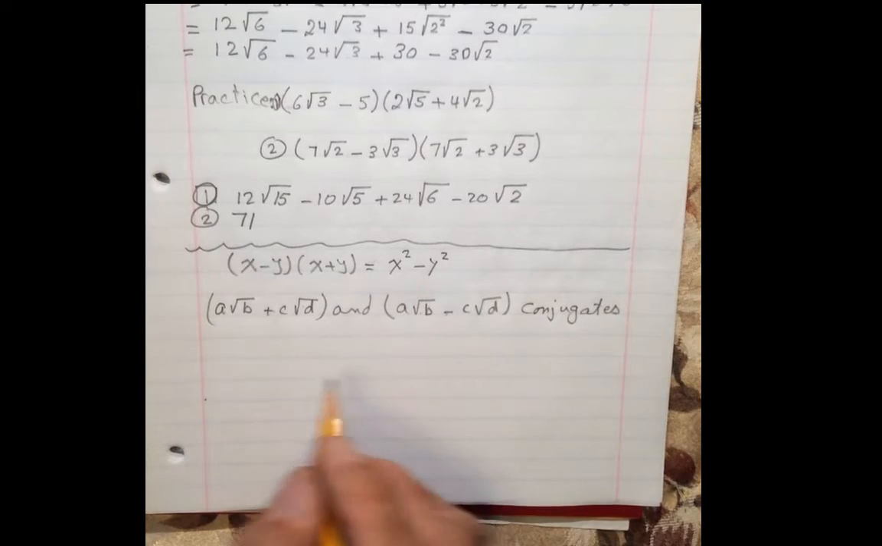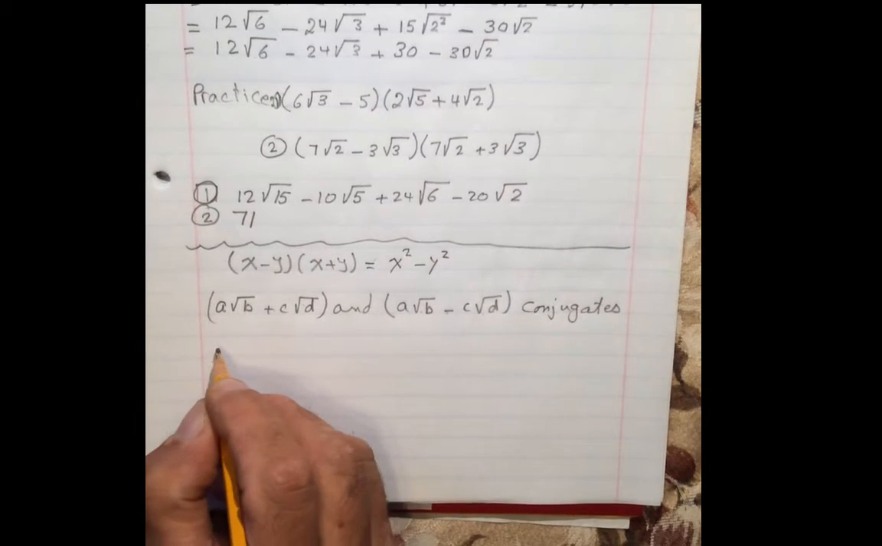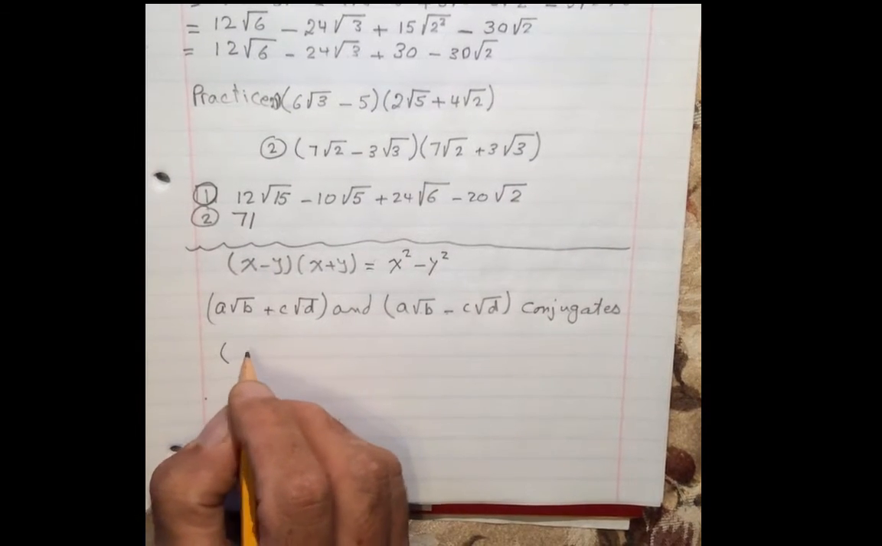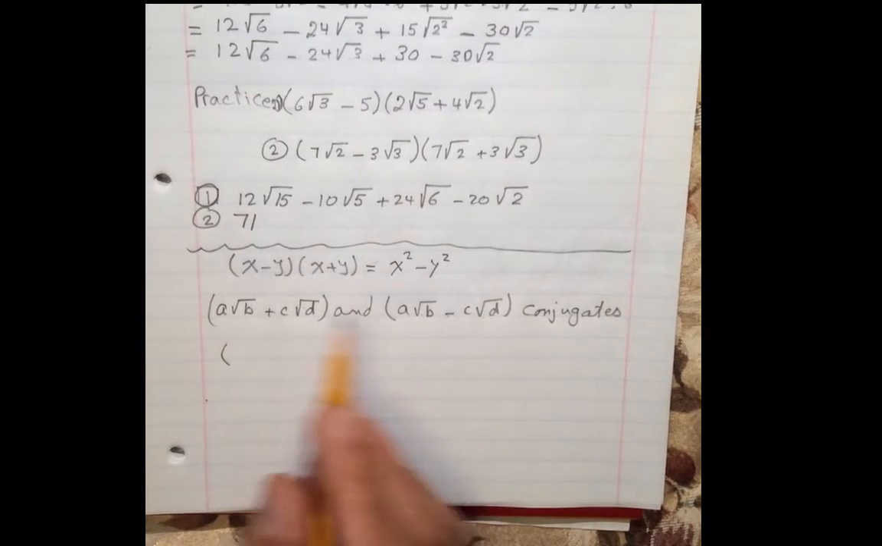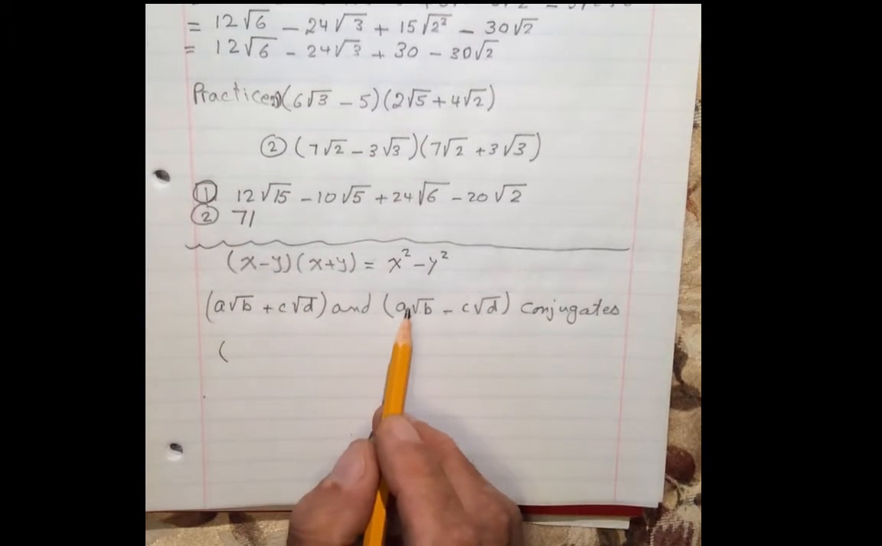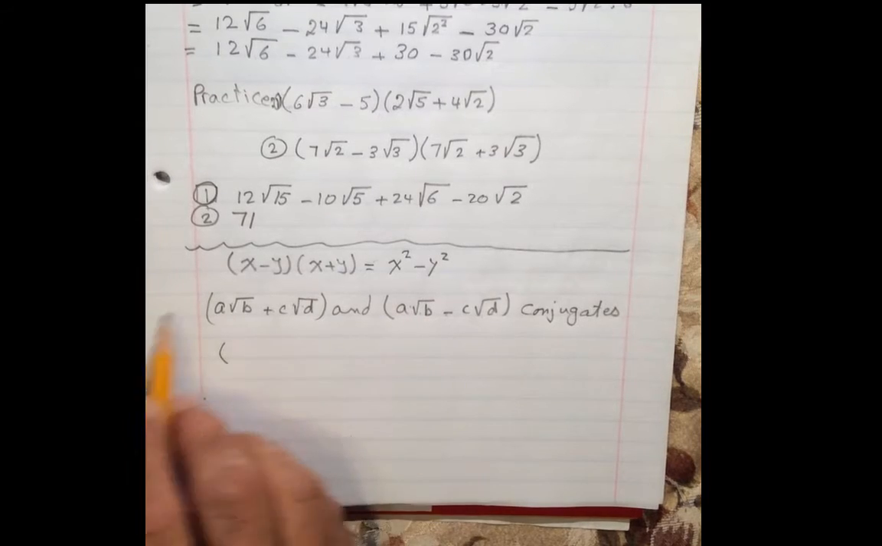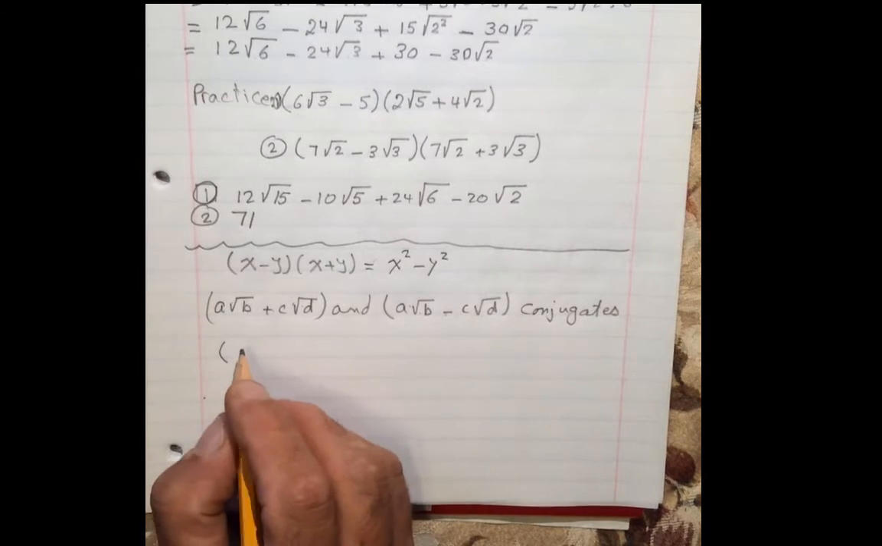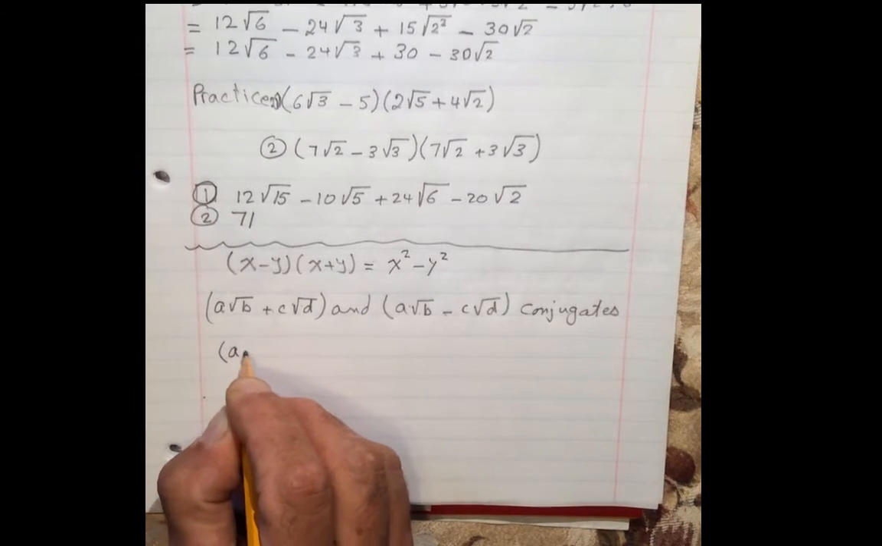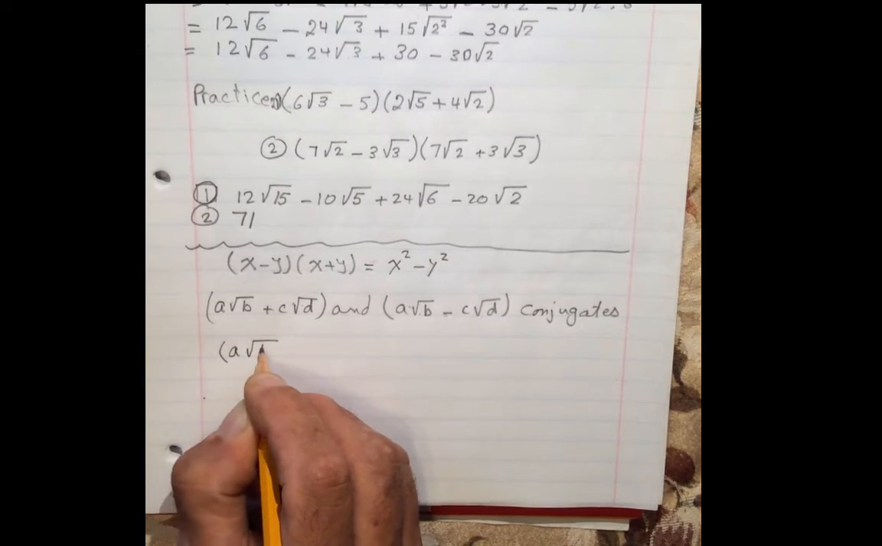And when we multiply two conjugates, the answer is a rational number. You remember, conjugate only applies when that's a square root and that's a square root, and this is also a square root, not a cubic root, not a fourth root. And when you multiply them, you get a real number. a root b